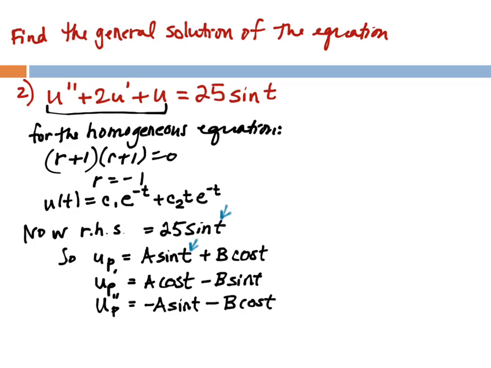We're going to use these three, u, u prime, and u double prime, in our original equation in their proper locations and solve for a and b. I'm about to run out of space on this slide, so I'm going to switch right now. Just as a reminder, u double prime plus 2u prime plus u equals 25 sine of t. So we're going to do u double prime. Well, that's the same one we started with, negatives everywhere, right? So we have negative a sine t minus b cosine t